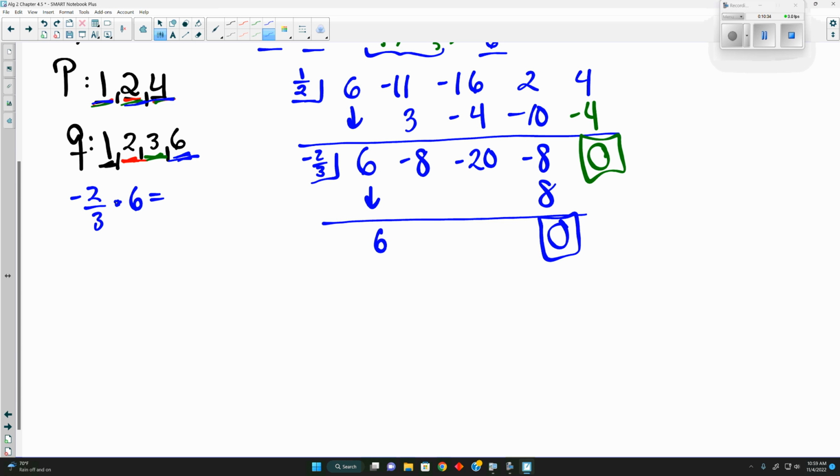Well, here we can do 6 divided by 3, which is 2. 2 times negative 2 is negative 4. And then we can add straight down. Negative 8 plus negative 4 is,